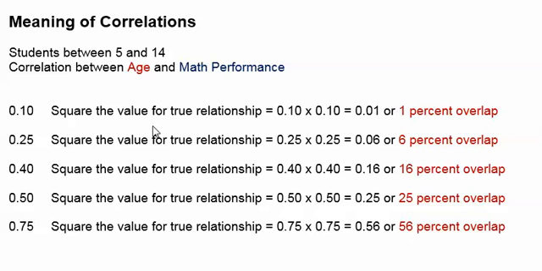Okay, age explains math performance, or math performance explains age. We don't know the direction, but there's a 1% overlap. Okay, that's not much. Even if that was a significant difference, I don't think we would say it's a meaningful difference. How about 0.25? Well, if we square that, 0.25, and we round it up, it's 0.06, which is 6%. It's still only a 6% overlap of explanation. It means that there's other variables that might explain the relationship, but age and math, they only overlap 6%.